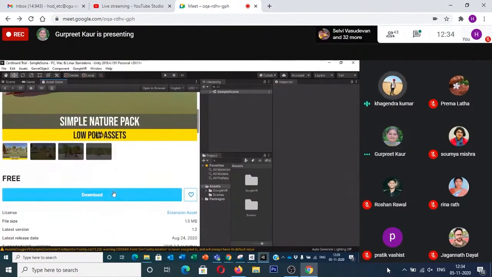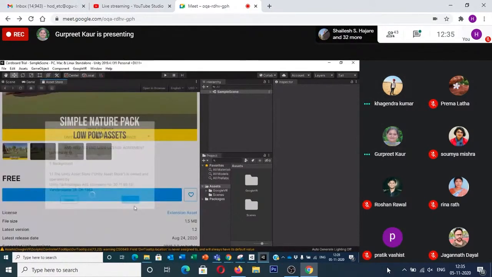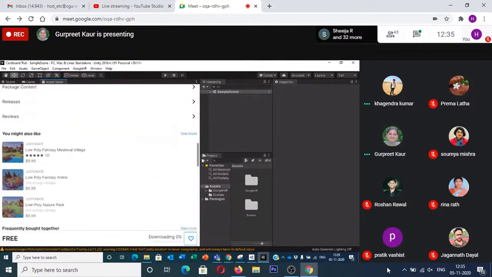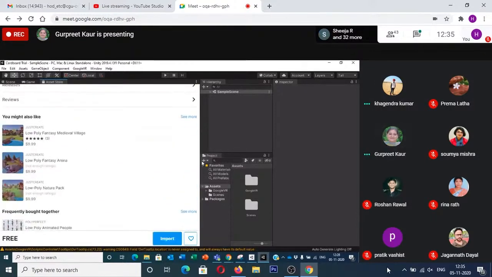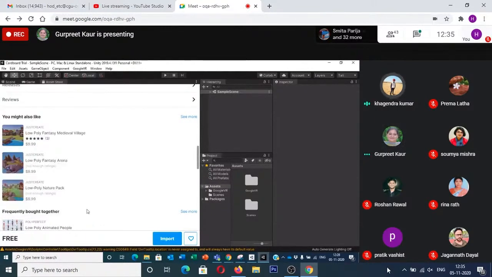You have an option to download. And there is an option to import. Click on import. Everything is selected by default, and then you can click on import. It will import it.